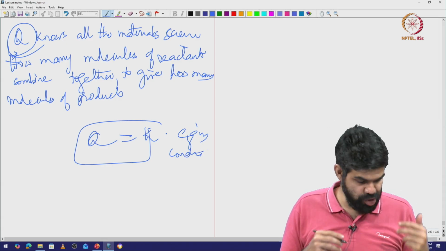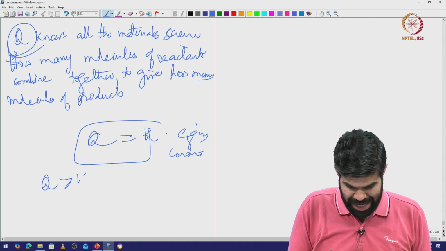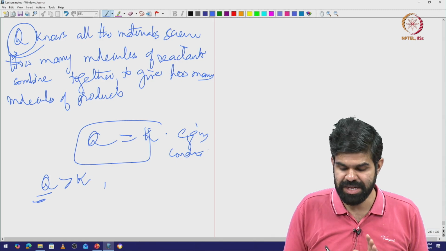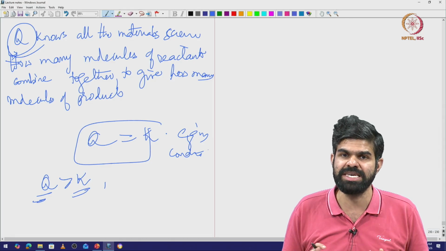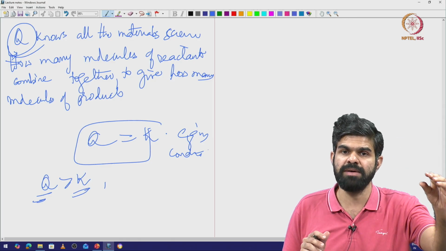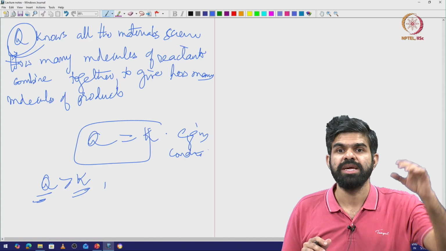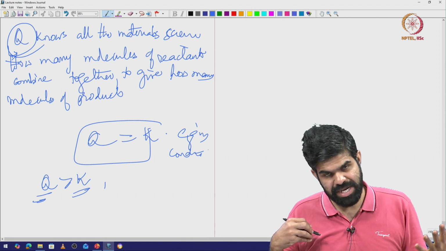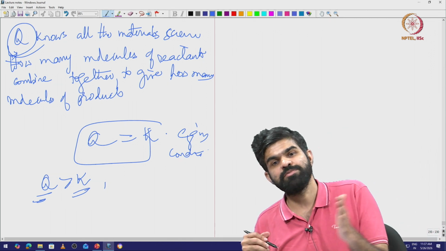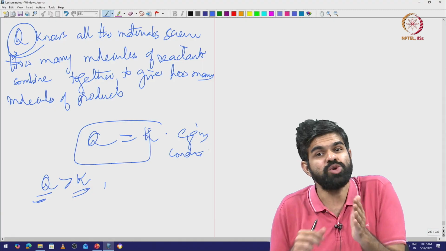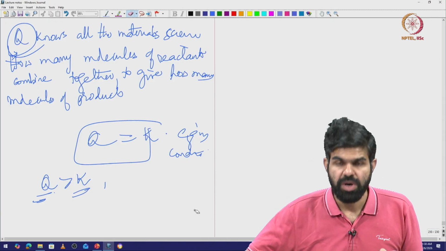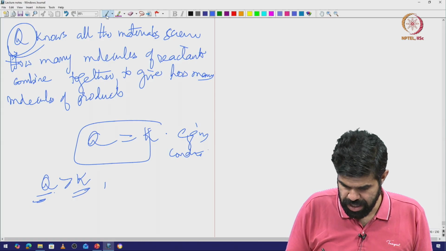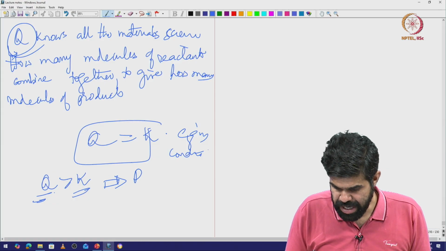And you can actually see that when Q is greater than K, and Q has all the compositions, activities and other things, and K is just this number, e to the minus G naught by kT. At a given temperature G naught is some number, and kT is some number, so K will be a constant. So if Q is greater than that constant, then the reaction will proceed forward, which means I will be losing more reactants so that I make Q equal to K. So if Q is greater than K, the reaction does go forward. I will come back in the next class and tell you why. Reaction goes forward,